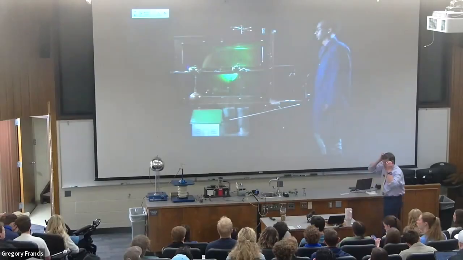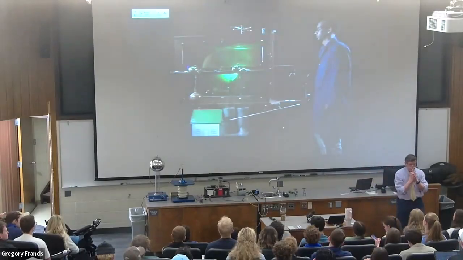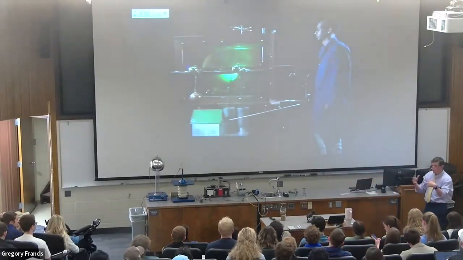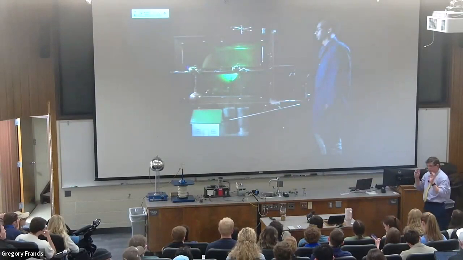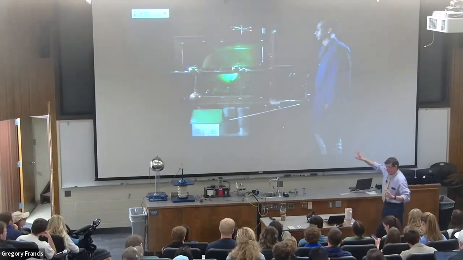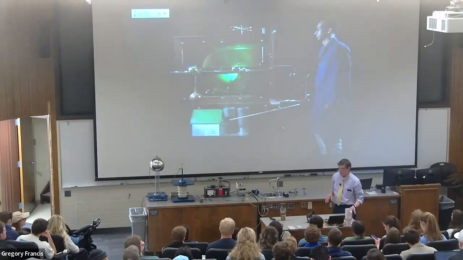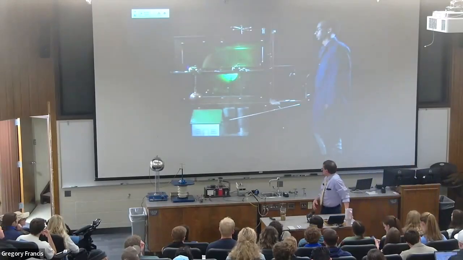That machine in the back is called a Tobler-Holtz machine, and it works on a principle that we won't understand until later in the semester, but it creates huge voltage differences. Now, this was just a few doors down from my office when I was teaching at the University of Washington many years ago, and it's a beautiful device with